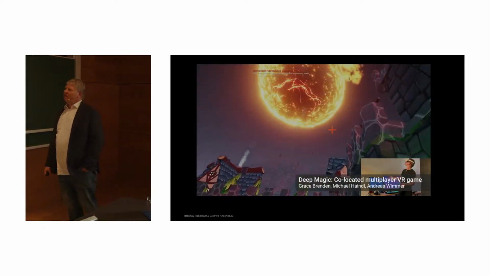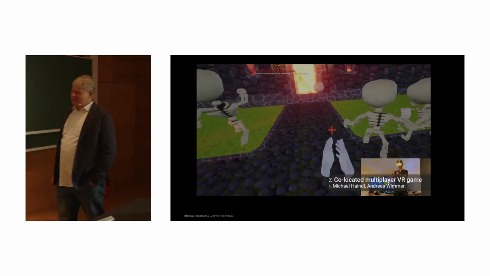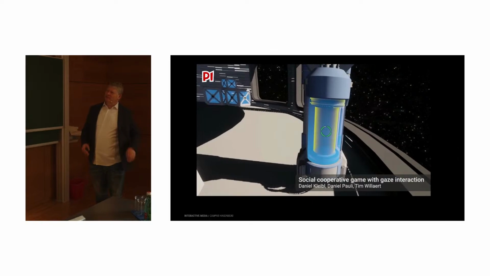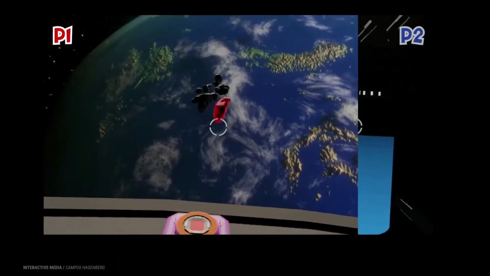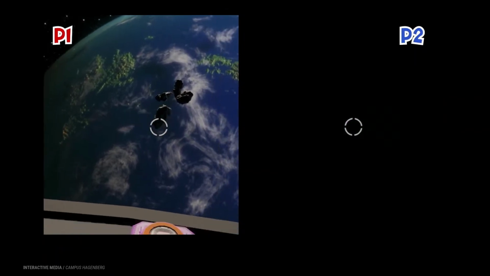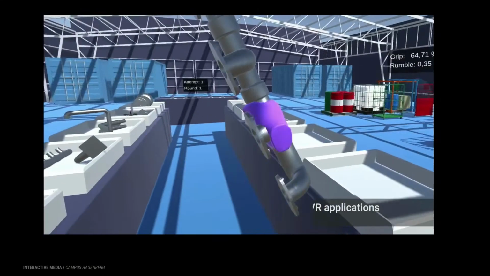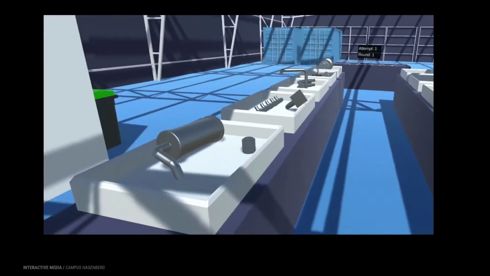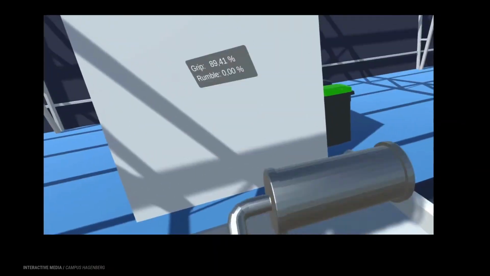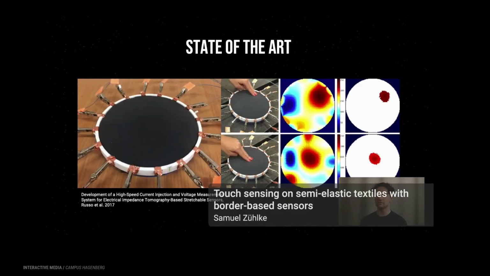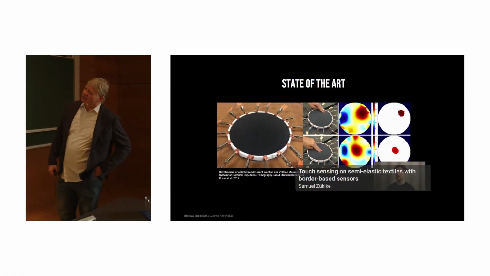And then, of course, we have a lot of game projects to show. Here, a co-located game, a VR game. Here, a game where gaze interaction is used, so you can interact by looking at items on the screen. As you can see here, choosing something. This VR application simulated weight, so there was also some physical part to it. When you lift it up, you really feel that it is heavy, or how heavy it is and how this changes. Then we have some projects going on with touch, and